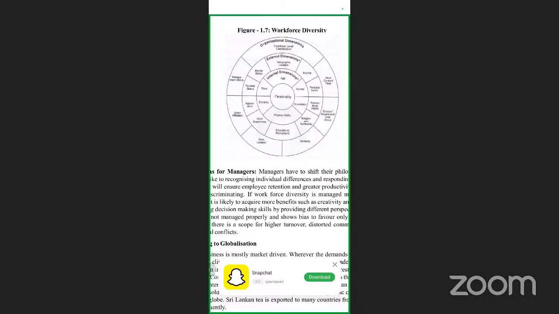So these understandings, like the income, habits, recreation, how religious and spiritual he is, what is his educational background, when one understands all these dimensions, will enable the managers to put them in a better place,